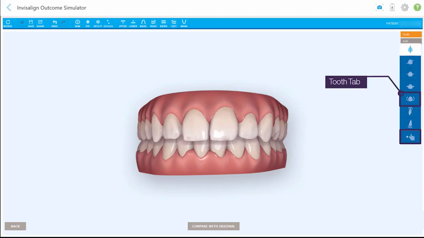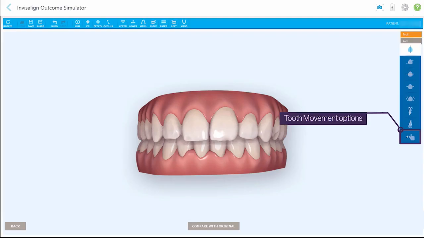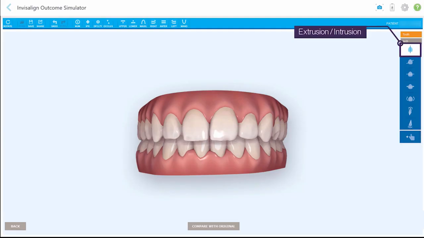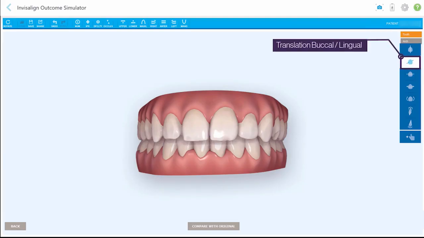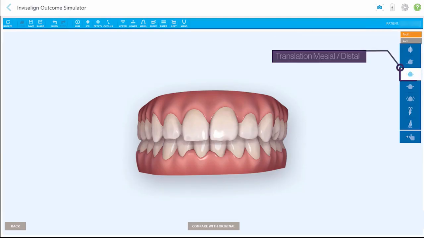The Tooth tab allows precise control over tooth movement in a wide range of orientations, similar to the ClinCheck software. For example, you can control the translation movement or the crown angulation mesially or distally. The tooth movement options are extrusion and intrusion, translation of the buccal and lingual, translation mesial and distal,